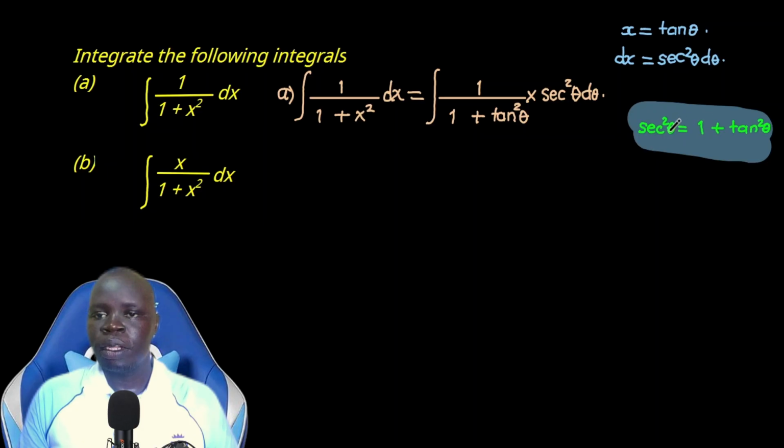So having written this, from the denominator we can replace our 1 plus tan squared theta with